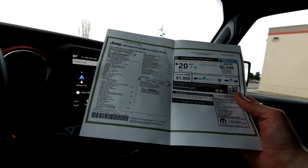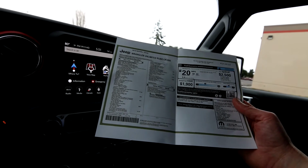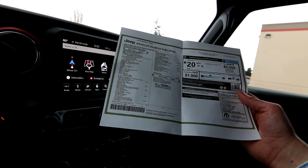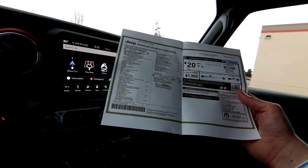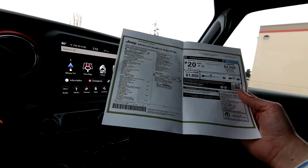This one has lots of equipment on it. I think it's actually almost as loaded as you can get. I don't know if it has too much else that you could have that it doesn't have already. Leather trimmed bucket seats, that was a $1,495 option. This has the cold weather package, that was $995, giving you heated front seats, heated steering wheel, and then a remote start system. Then we have the trailer tow group, that was